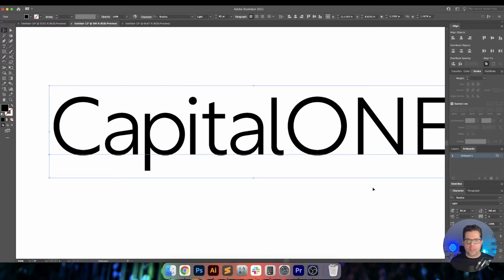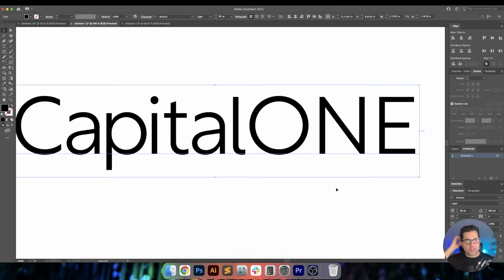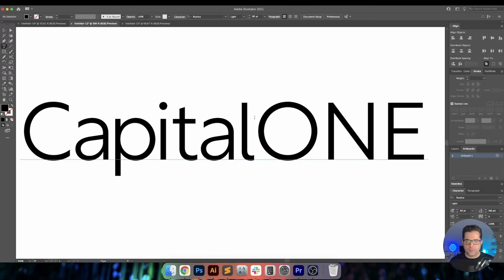And just optically even across the board, because unless you're using a monospace font, your spacing is like your space. You don't want it to always be mathematically perfect. You want it to be optically pleasing to the eye. All right, so